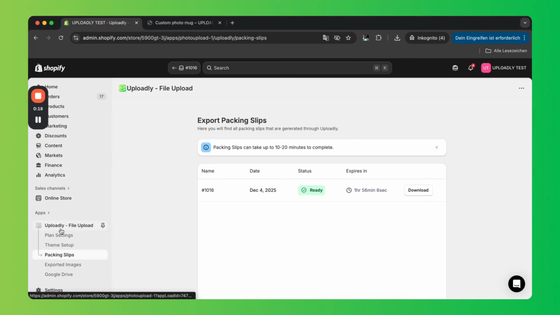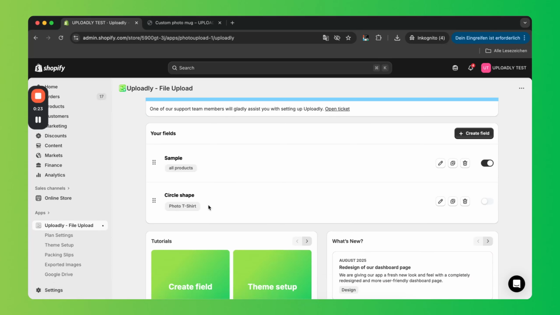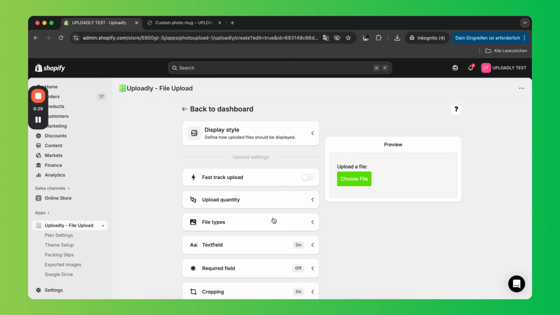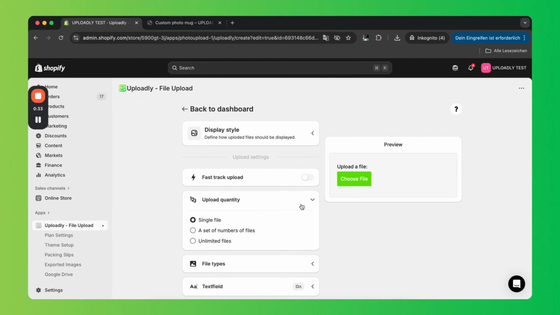We go back to our app dashboard. Let me do that. We go to our button, we click edit. We scroll down to the section upload quantity. I will extend it, and we can see by default it's currently set at a single file, so just one